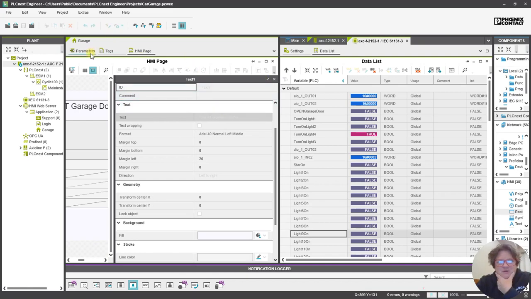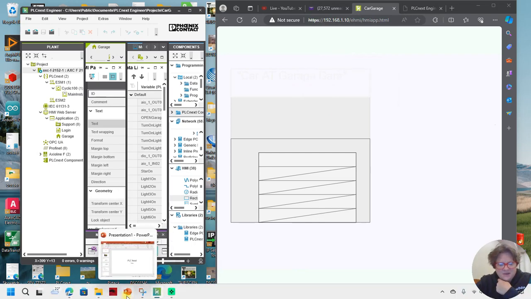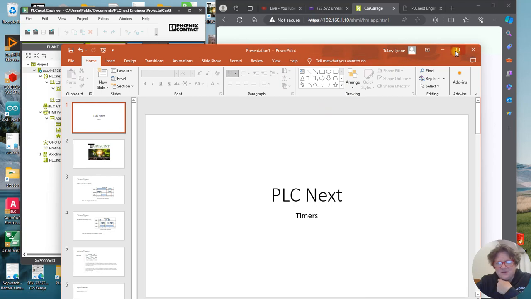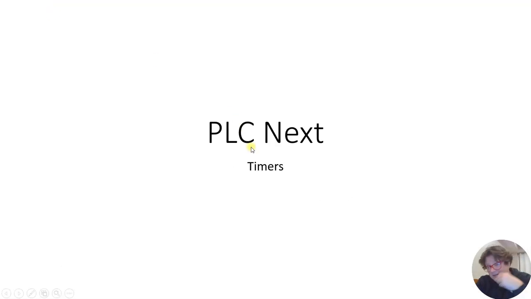Anyway, just still playing around with PLC Next Engineer, and I thought I would talk about some basic timers, that kind of thing. So if we take a look at timers in relationship to PLC Next,